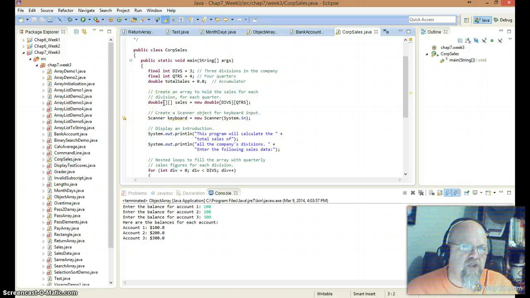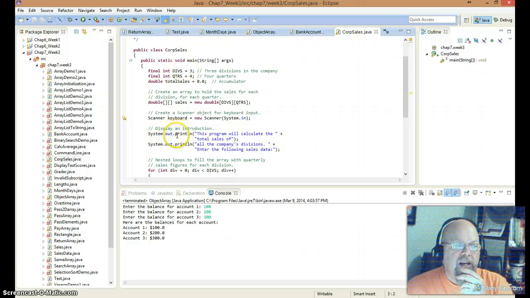Now I've got two square brackets equals new double divs, quarters. So basically what this is saying is I've got, in this case, 3 rows, 4 columns. So 3 rows, 4 columns. So it says System.out.println, this program will calculate the total sales of all the company's divisions into the following